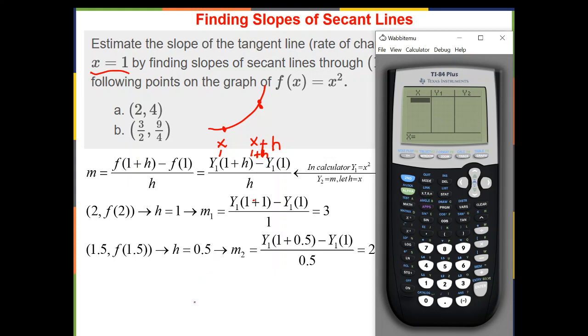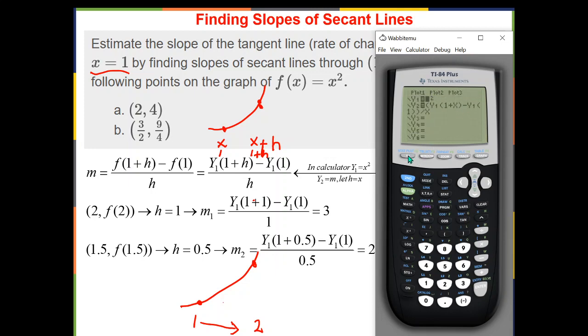Well, notice that if I'm over here at 1 and the next point is 2, right? Then 1 plus what is 2? Well, h has to be 1, so I'm going to make h 1, and then automatically the calculator calculates y2 for me. Now, if you don't want to see y1, because we are interested in y2,